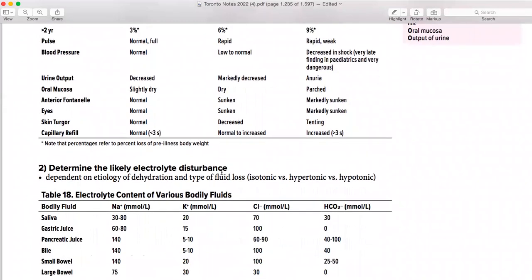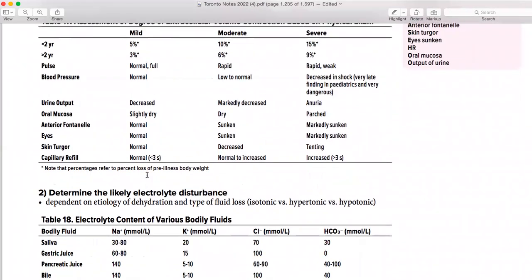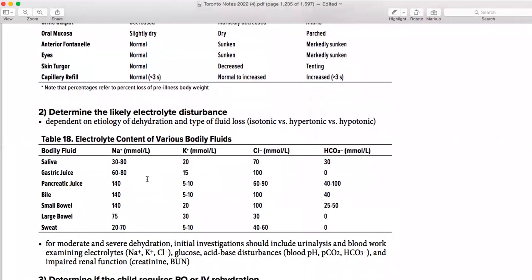Now, you already found out that the baby is, let's suppose, mildly dehydrated. Now we need to know if there is an electrolyte disturbance, right? Because this is very important. You can miss the fluid intake, but you cannot miss the electrolyte. You have to treat the electrolyte first, then move on to anything else, because the electrolyte could be very, very dangerous and fatal for the patient. So that's why we have to move on to the next step, which is basically electrolyte disturbance.